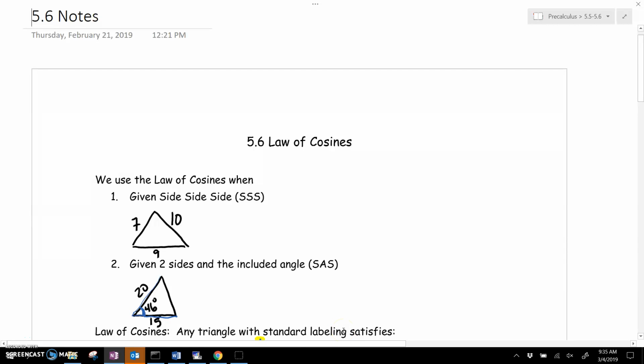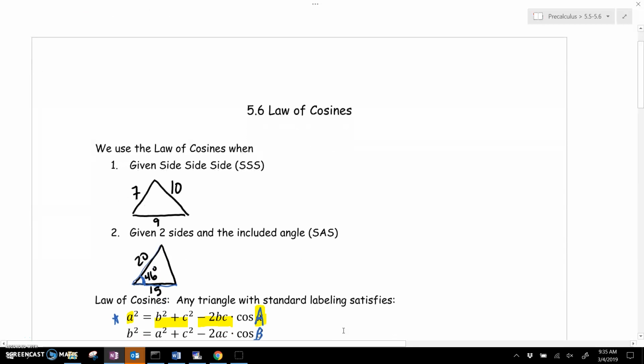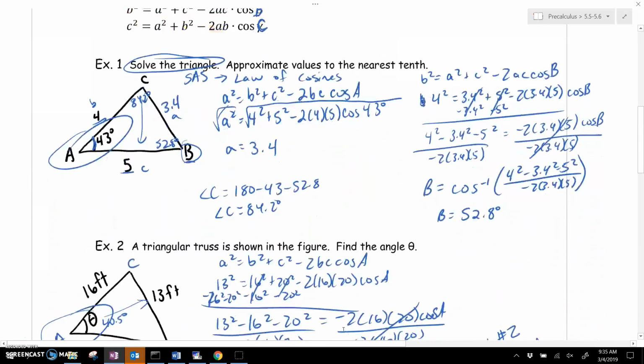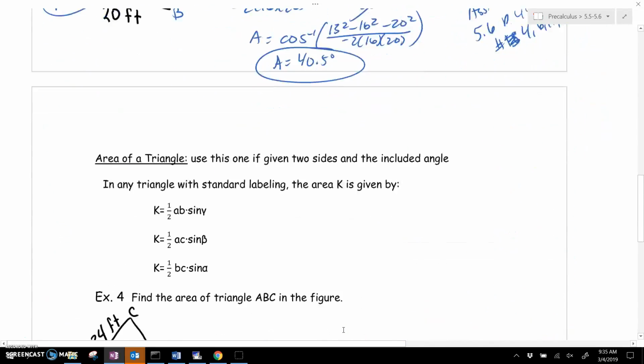Welcome back. So we have already learned about the law of cosines, and you took the notes on 5-6, and you learned that we use the law of cosines when you're given side, side, side, or side, angle, side. Today we're going to flip to the back side of that same worksheet of 5-6 that you've already completed, and